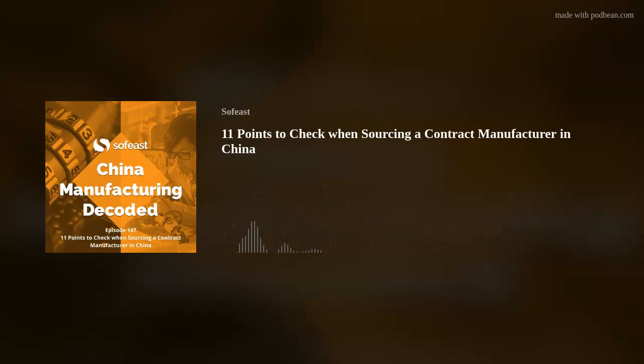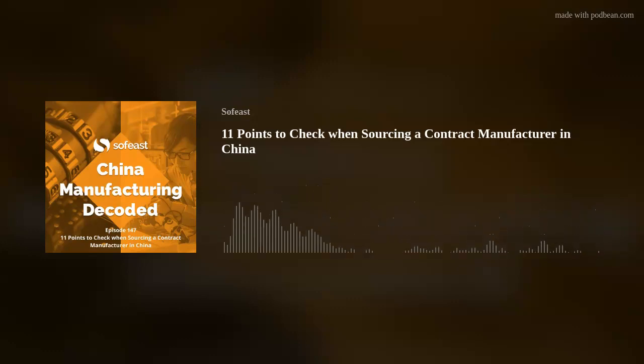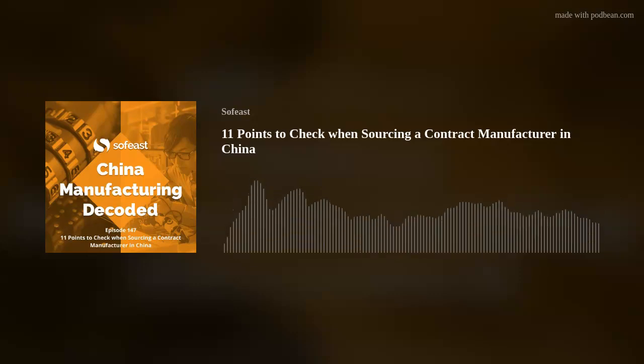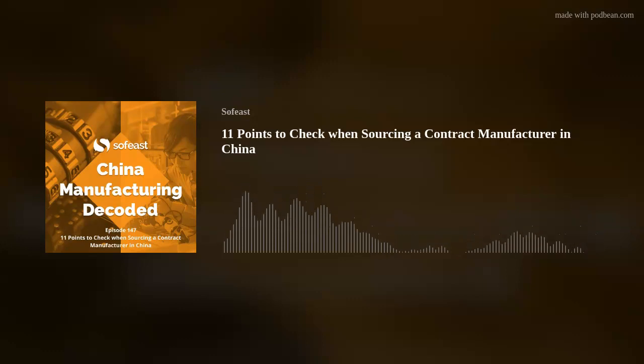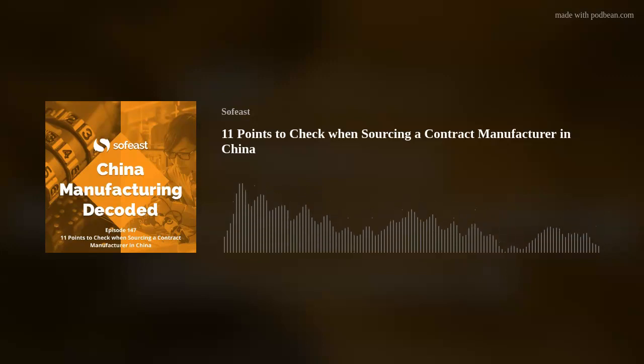Point number 5 is, do you need help with product development? And do you need help with compliance as well? So do you need help with product development? Very often, companies that have an idea for a new product and want to get it manufactured will do some of the work, right? Maybe they get to a proof of concept. Maybe they go further. Maybe they do all of the firmware because they really want to have that in their hands, and they select the key electronic components.